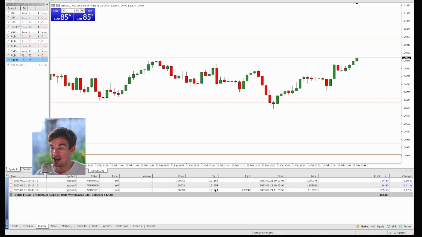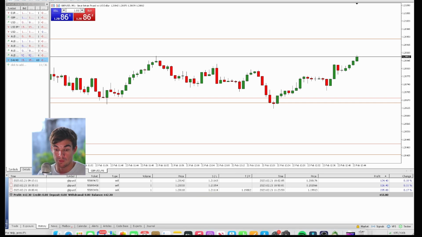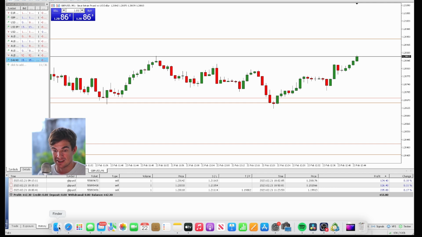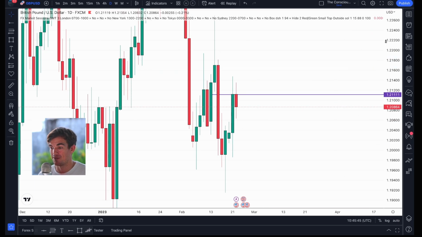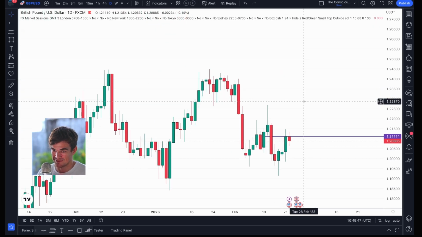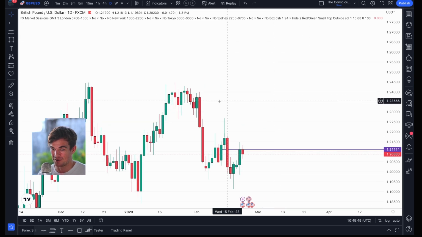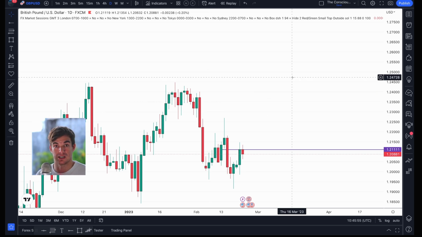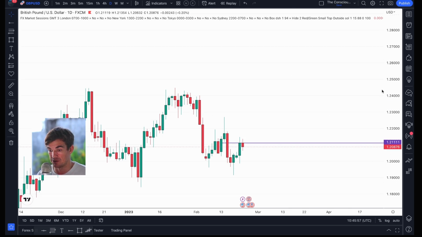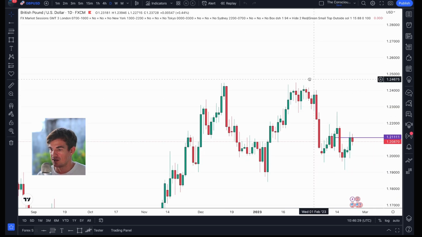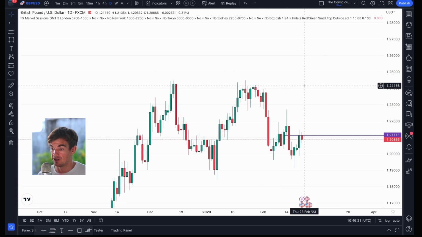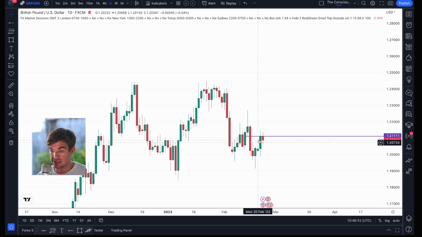What we're going to jump straight on is to the pound dollar. Normally we jump straight into the index, but this trade was so clean that actually it was so evident on the pound dollar that you didn't need to get double confirmation on what the dollar index is doing, and I'll show you why. So like with every trade on every day, what we're going to do is we're going to